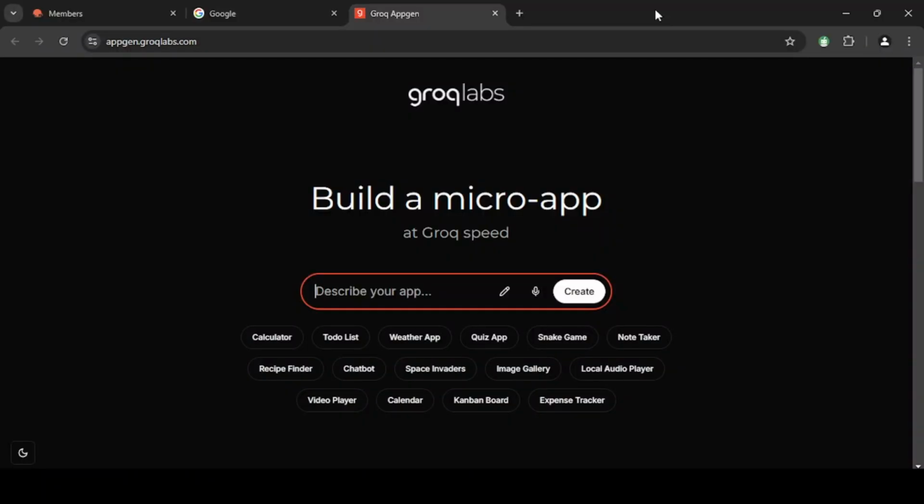In today's video, we are going to be learning how to use Groqlab's AI to create micro applications. Groqlab AI is a very powerful open source application for building micro applications. So to get started with Groqlab's AI, kindly navigate to your browser and type